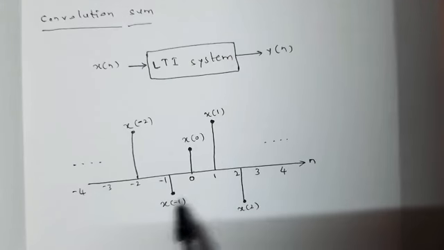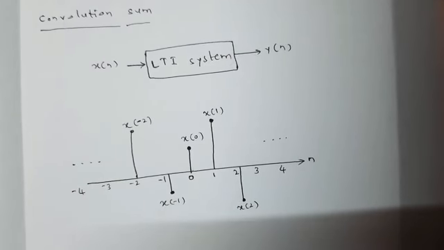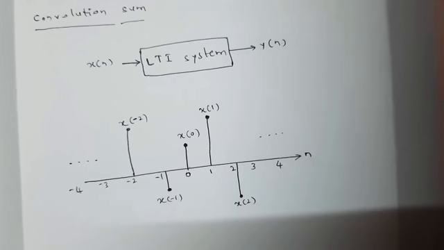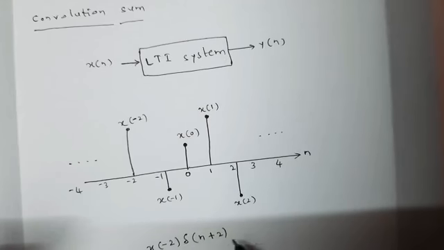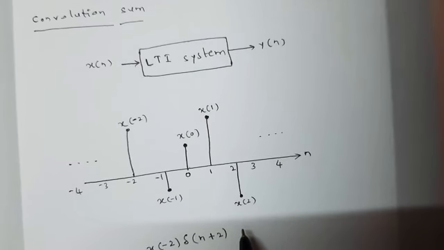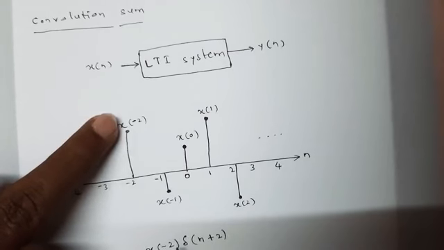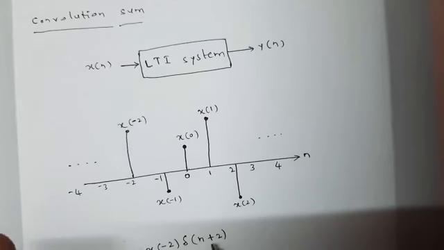Now, the same figure can be represented mathematically as x of n is equal to, this x of minus 2 is a weight with delayed impulse. Impulse means impulse signal del of n, which exists at n equal to 0 having an amplitude 1. Now when I shift it towards the left side by an amount 2, it becomes del of n plus 2, whose amplitude is 1. 1 into x of minus 2 is x of minus 2 at n equal to minus 2,